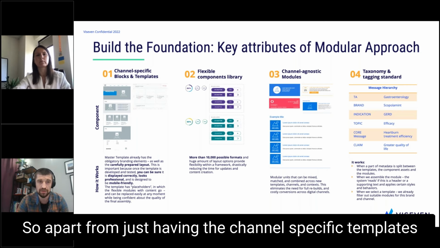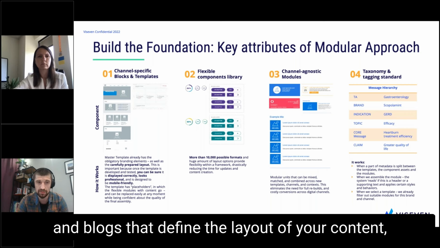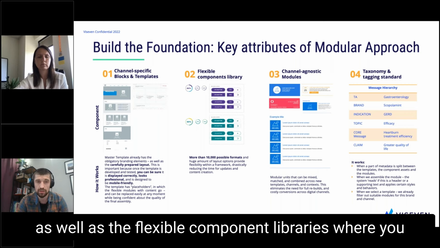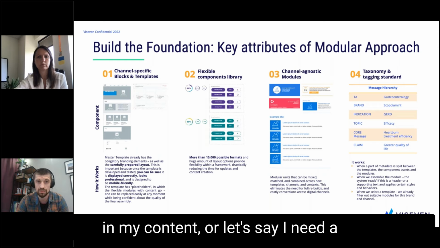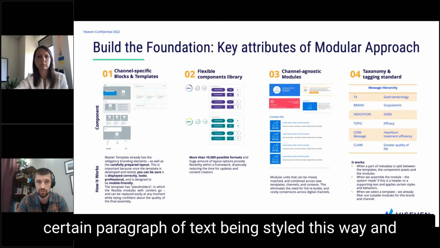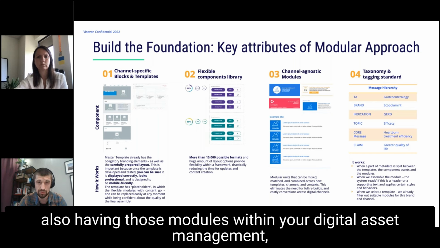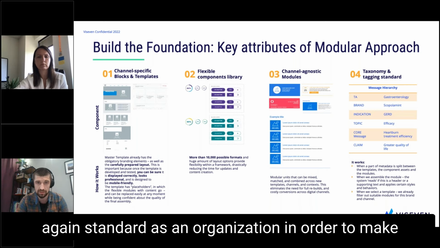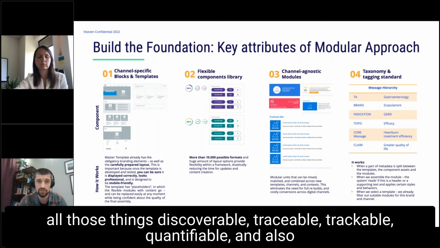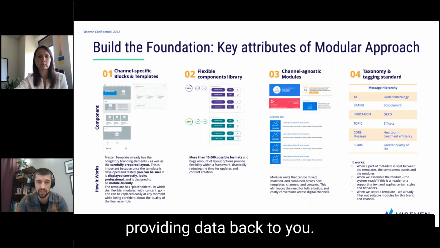So apart from just having the channel specific templates and blocks that define the layout of your content, as well as the flexible component libraries where you can select, let's say, I want this many buttons in my content, or let's say I need a certain paragraph of text being styled this way, and also having those modules within your digital asset management, you also need to have a robust taxonomy and tagging standard as an organization in order to make all those things discoverable, traceable, trackable, quantifiable, and also providing data back to you.